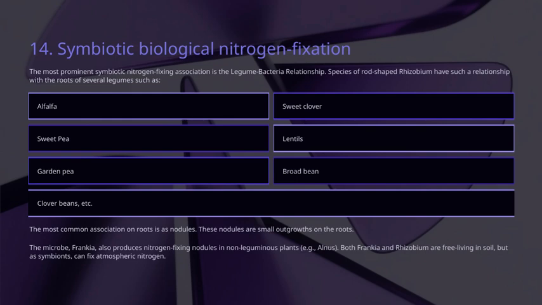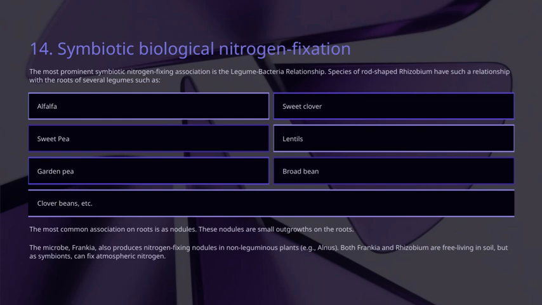Both Frankia and rhizobium are naturally found in the soil, and as symbionts, they have the ability to fix atmospheric nitrogen, converting it into forms plants can use. Most commonly, these microbes form nodules on the roots of their host plants. These nodules are essentially small outgrowths on the roots that house the bacteria, creating a specialized environment for nitrogen fixation